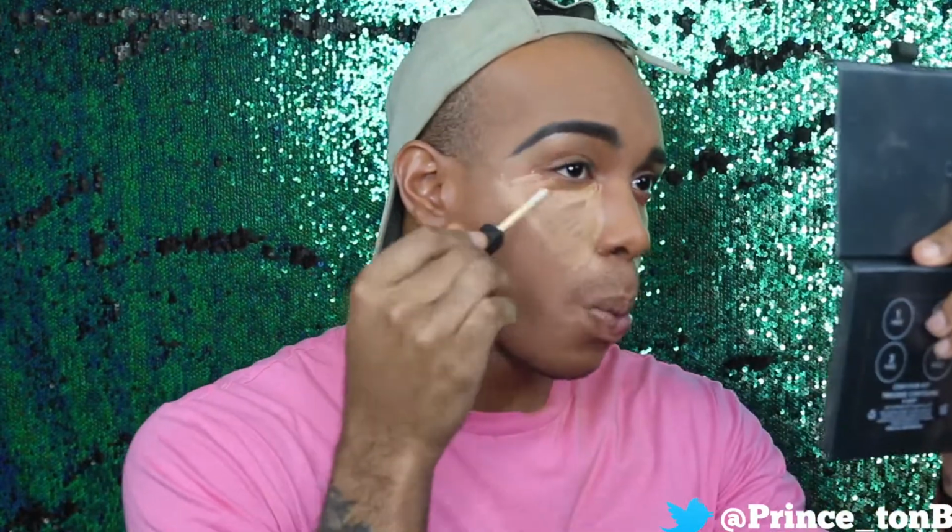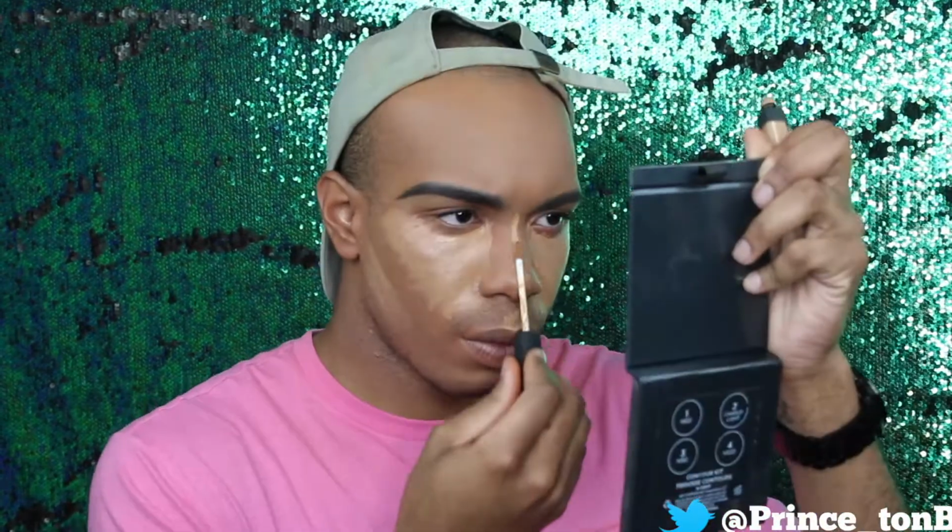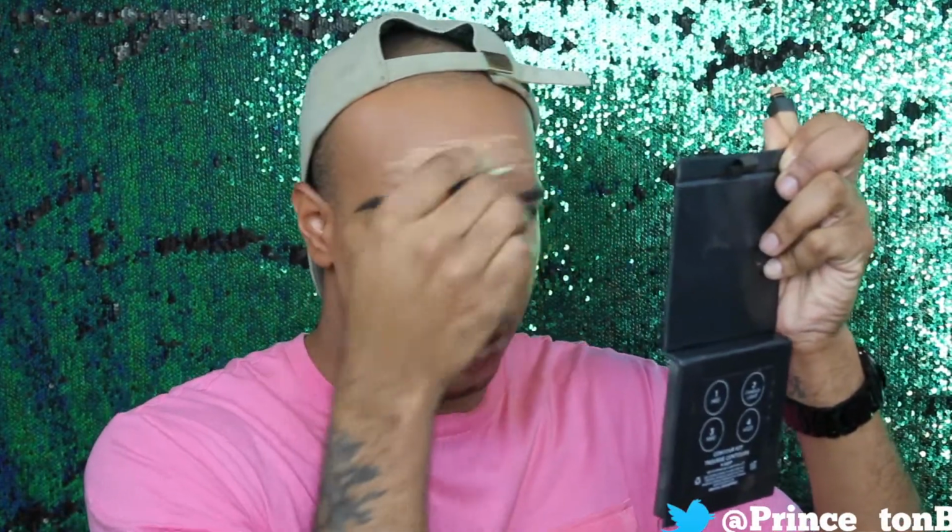So now I'm taking NARS Creamy Radiance Concealer in the shade Caramel, and I'm applying that in triangular shapes underneath my eyes. And what I did there was cut my cheek because I don't have cheekbones, so that's a trick to accentuate your jaw to catch light to make it seem like your cheekbones are more prominent. And also, as you can see, that's where your natural contour will fall. And just taking it up the nose, on the forehead,